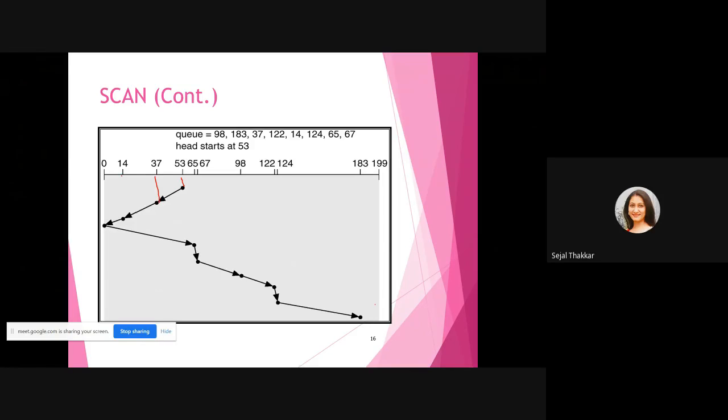First 37, then 14. Then you can see it will reach 0 in one direction like a lift reaching the ground floor. Then it will come in the other direction and serve the other requests 65, 67, 98, 122, 124, and 183. There is no need to go to the other end, 199. You can go in one direction only.